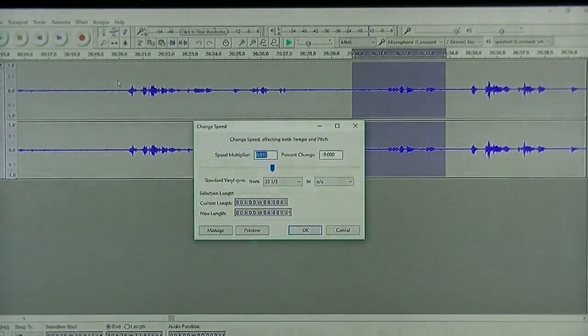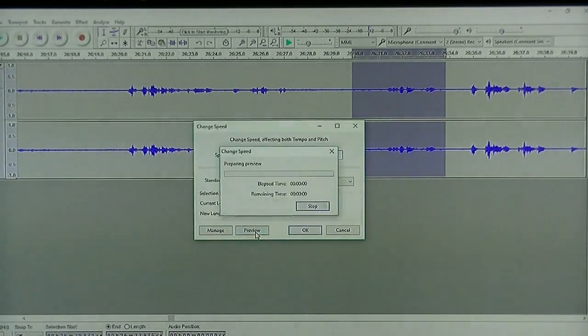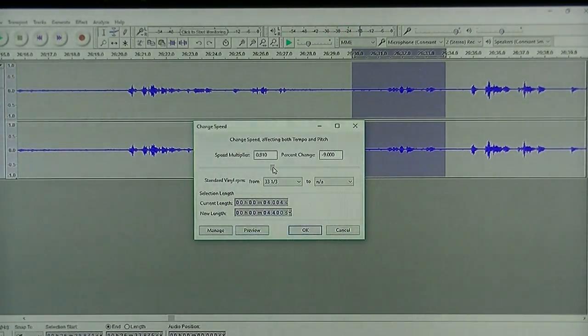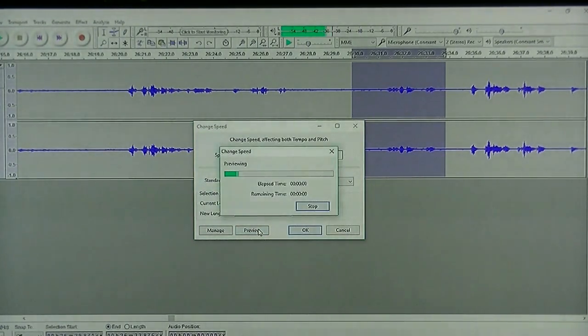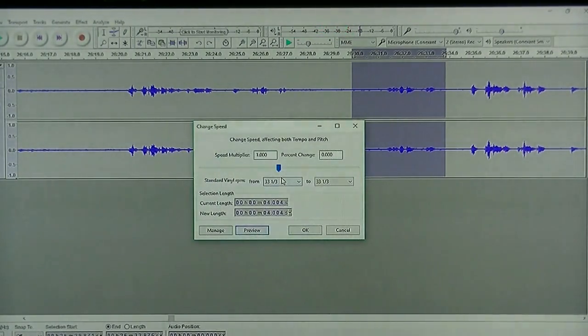Speed. You can change the speed. If you go below 0.9 or even below 0, you're slowing it down. Here we're going to go back to the normal speed. And if we want to speed it up,